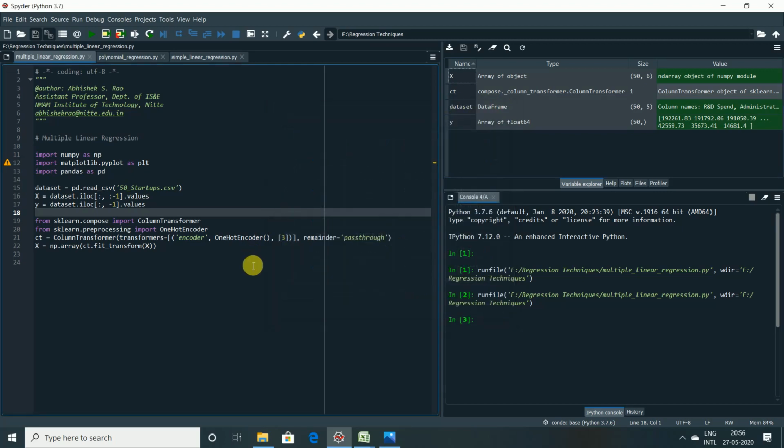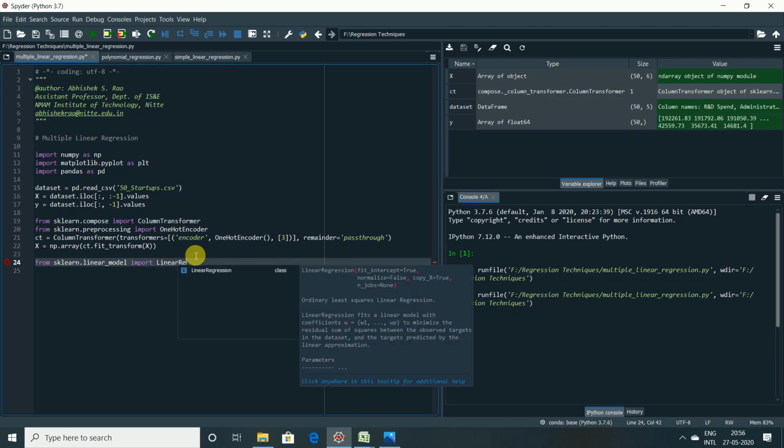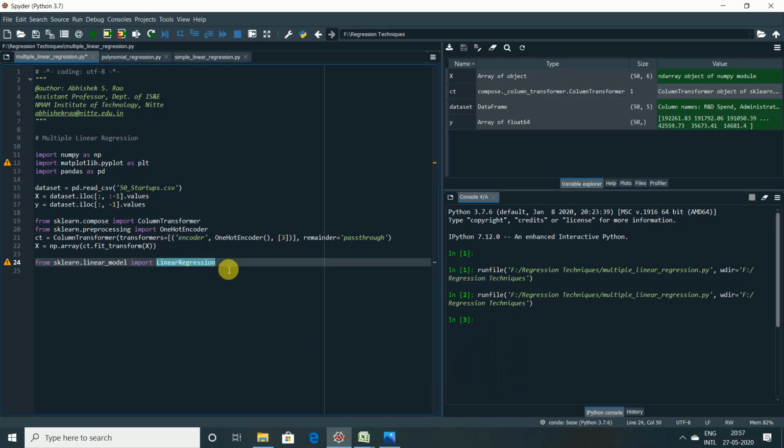Now let us train the multiple linear regression model on the training set. How we trained the linear regression, the same thing we'll apply for the multiple linear regression. There is no change at all. You can see the code now. From sklearn.linear_model, don't think that we are importing multiple linear regression. We are importing the same class called LinearRegression. So what is the change here? We have more than one feature in the data set. That itself says that it is a multiple linear regression. There is no class called multiple linear regression. We have only one class called LinearRegression.